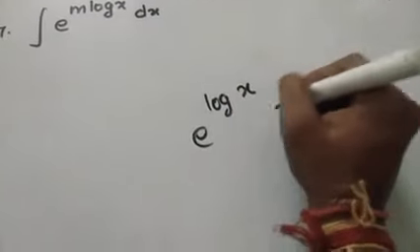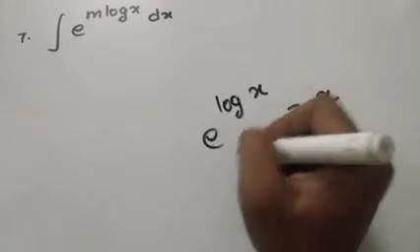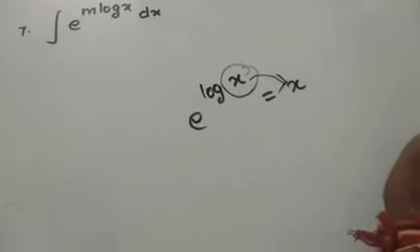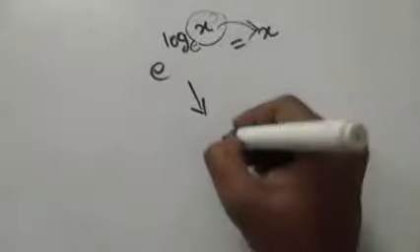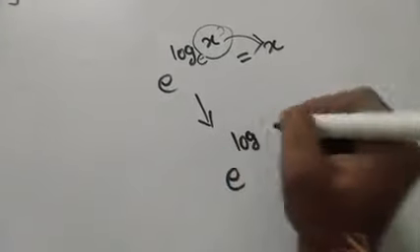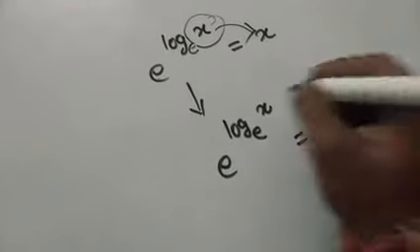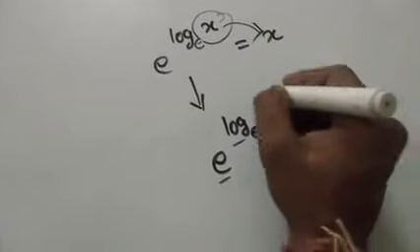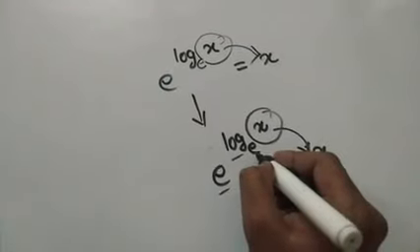If I say x, this is nothing but your x. Whenever there is e to the power log, they cancel and give whatever the term is here as a result, and this only happens whenever your log is with base e. That means in this simplification, e to the power log, if this log is with base e and there is a function, according to the rule, e and log will cancel and give you that particular function as a result, but only whenever the base is e.